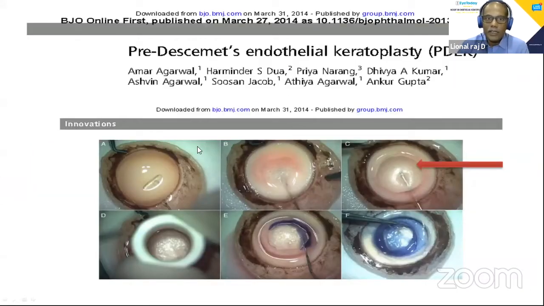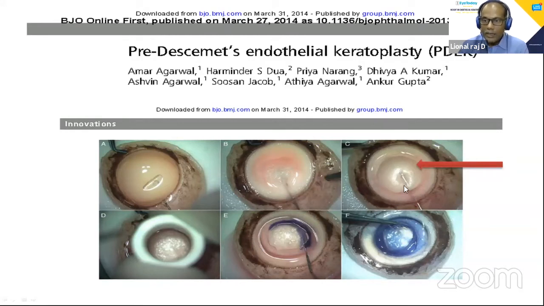Later, it was Professor Amar and his team who demonstrated this new version of endothelial keratoplasty, wherein we transplant not only the Descemet's and the endothelium, but also the pre-Descemet's layer. How do we do that?